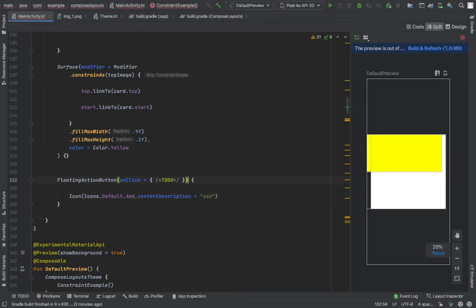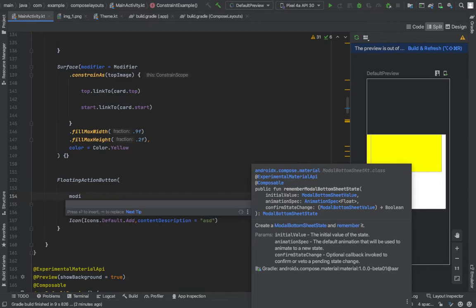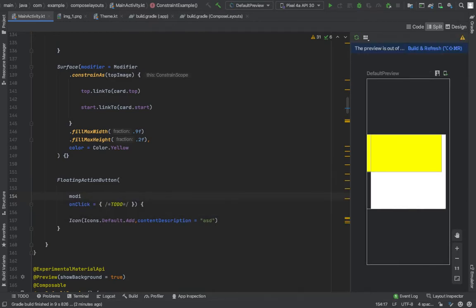Now we need to assign this make constraint to bottom of the card. For using this we need to use modifier again. In composable guys, we have to use modifier a lot for shaping the content.